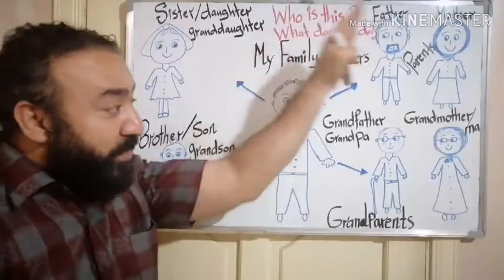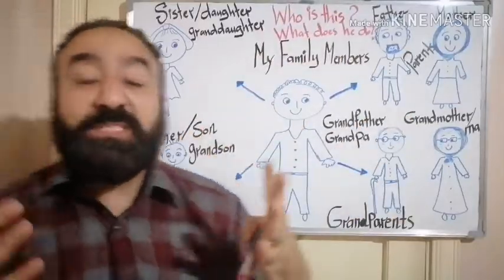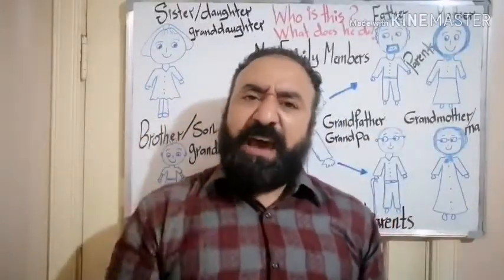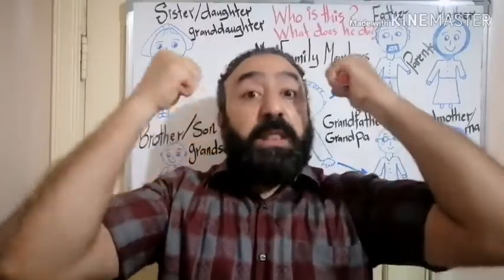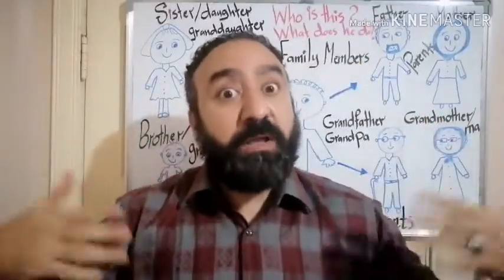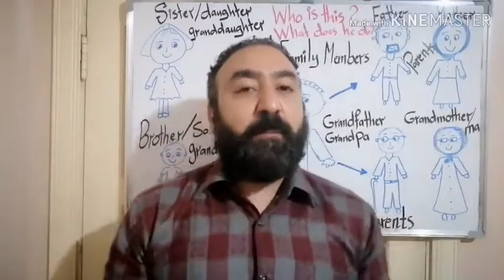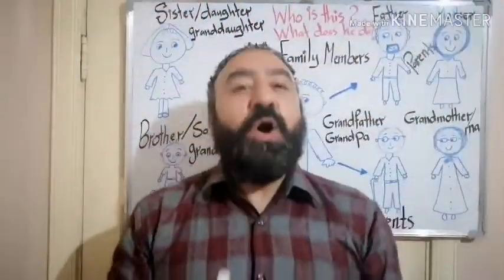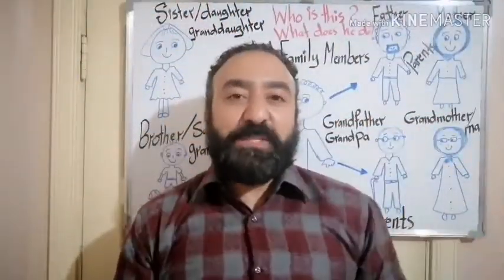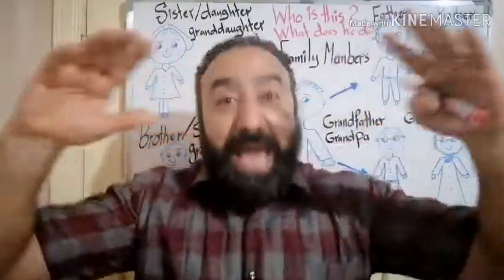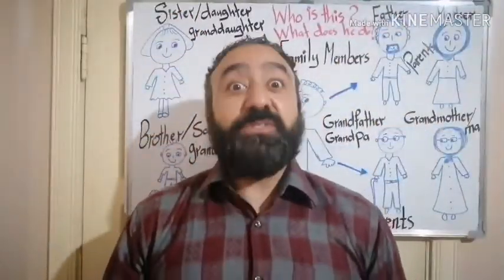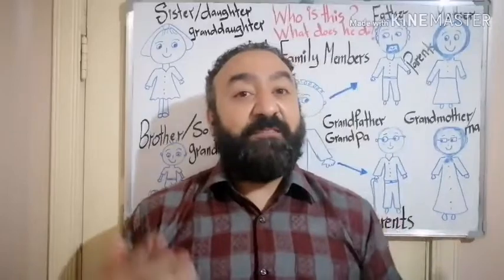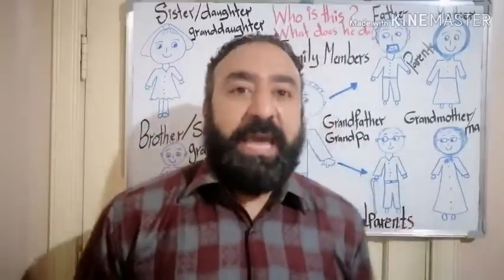Okay? So remember all of these nice pieces of information we have studied together today, and remember that everything is possible if you have that determination, that patience, that passion for learning 24/7. This is the first episode about our family members, but you have to know that the cycle will expand in the upcoming episodes, and we're going to get to know more and more family members together. Remember that if practice makes perfect, don't forget to keep practicing all the time with love, passion, enthusiasm, determination, and positivity.